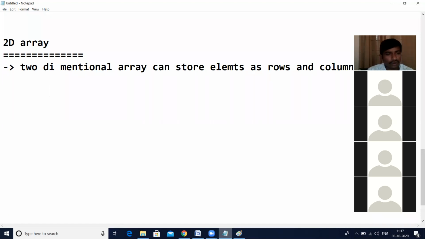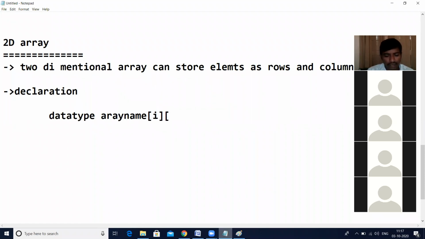Okay. So how to declare this array? Declaration in C++. First is the data type, then next array name, then first rows and columns.